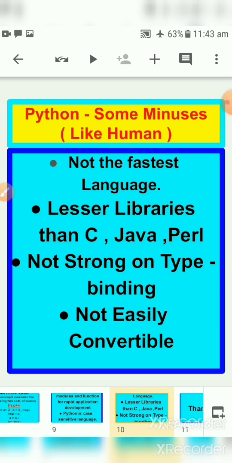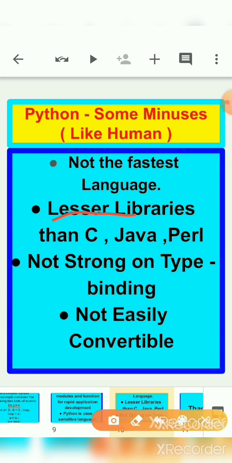So Python offers faster development time, but execution times are not that fast compared to some compiled languages, children. Because of the interpreter behavior, we can say that Python is not the fastest language. Okay, now, fewer libraries than C, Java and Perl. In the previous slide I told you that Python has